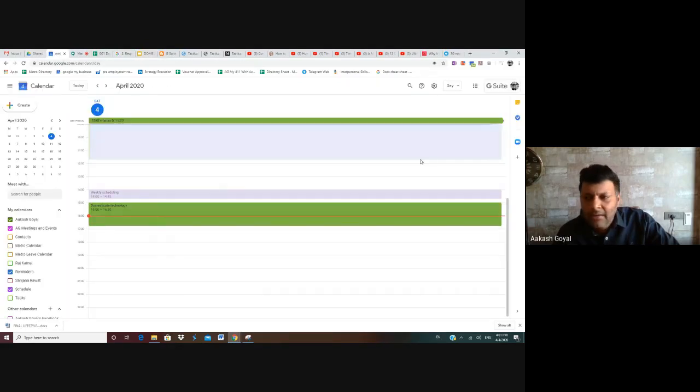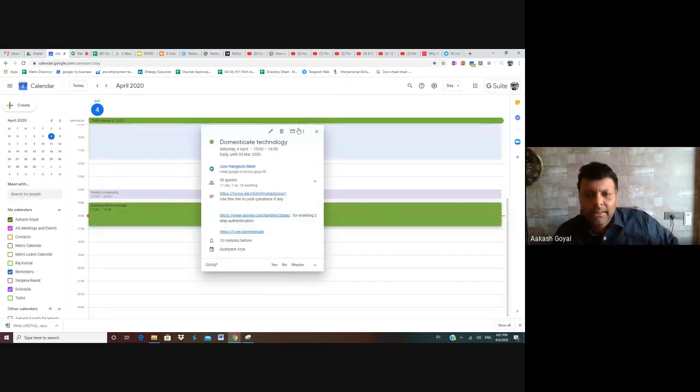We'll go back to the calendar again. Once you click on this calendar entry, in the pop-up you'll see these three dots here. But before I go to this, I'll show you here. This is where it asks for the confirmation whether you're going or not.